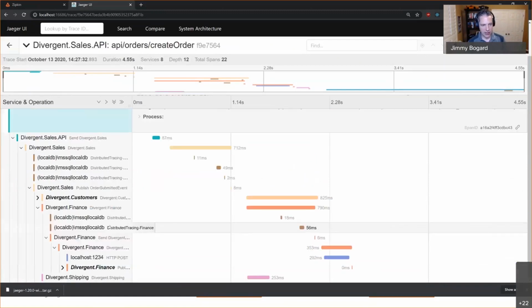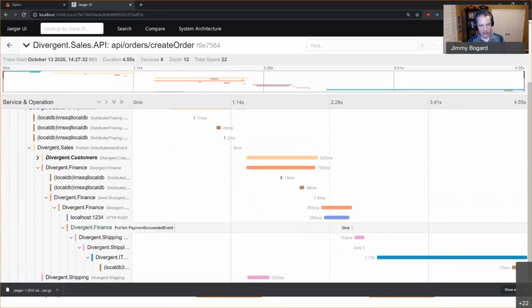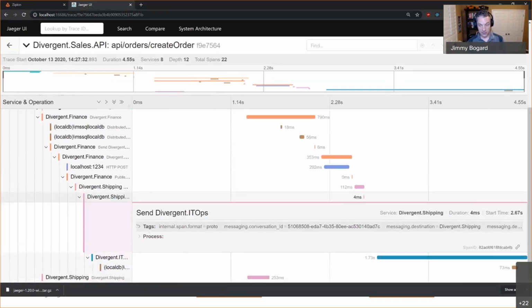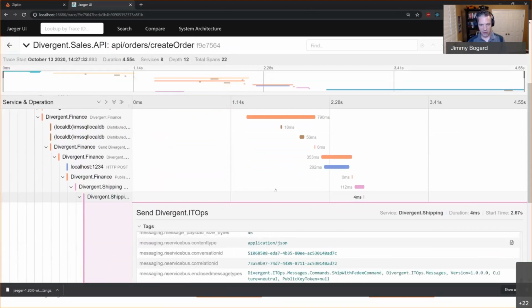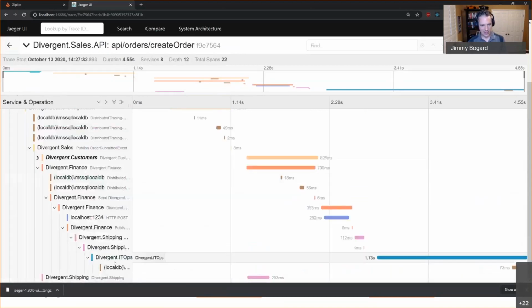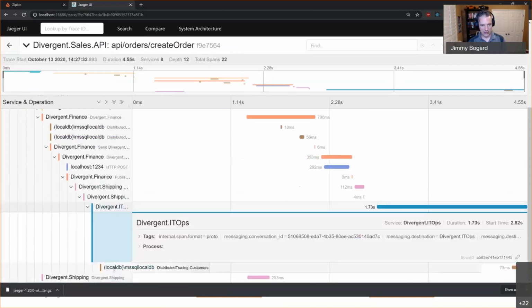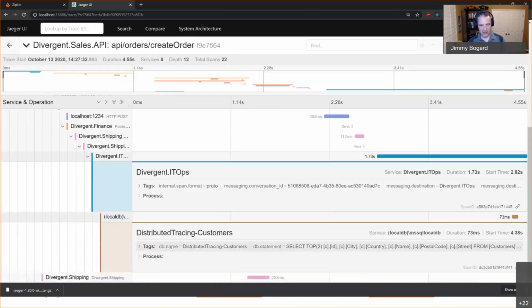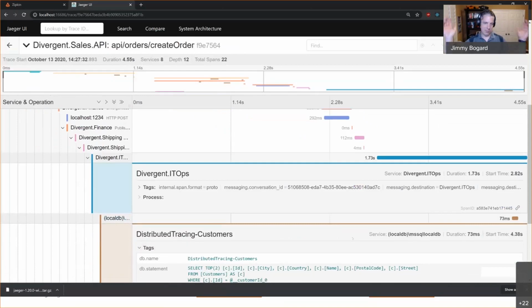Once that payment is successful, then I publish a message saying payment has succeeded. Shipping receives that message and says, okay, now that shipping is good, I'm going to send a message to the operations to ship with FedEx. And then IT ops receives it, operations, and saves some information that said, yes, I'm going to ship this package